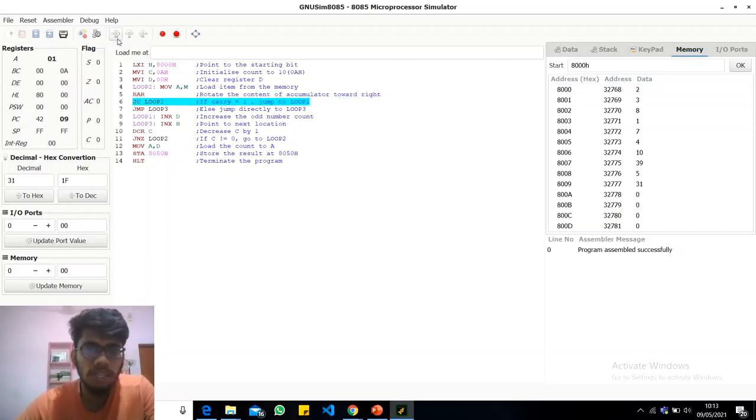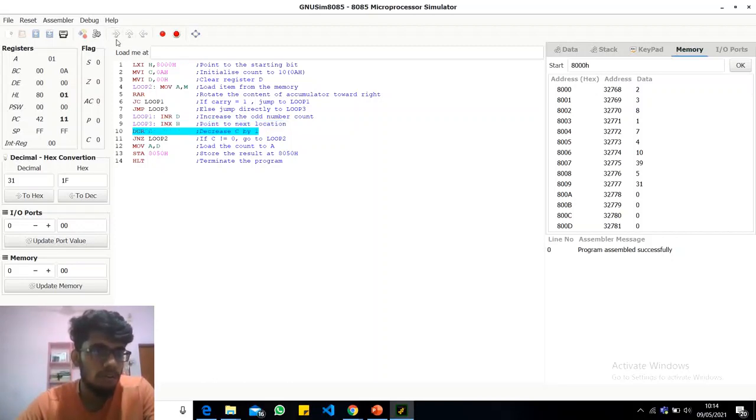So moving next, we can see that it has jumped directly from loop 3 to loop, skipping this instruction, because for this particular number the carry will not be generated, because it is even. As we all know, 2 is even, so it will point directly toward the next location.